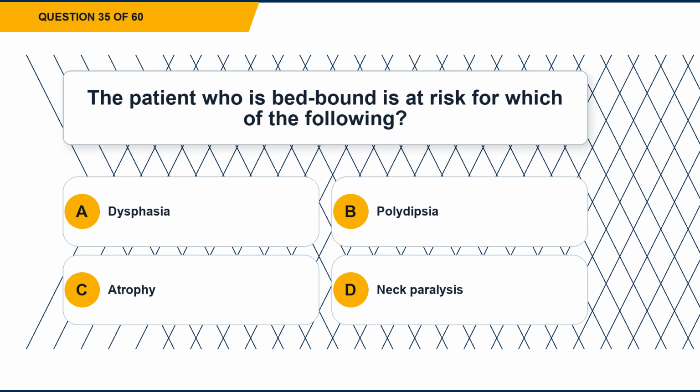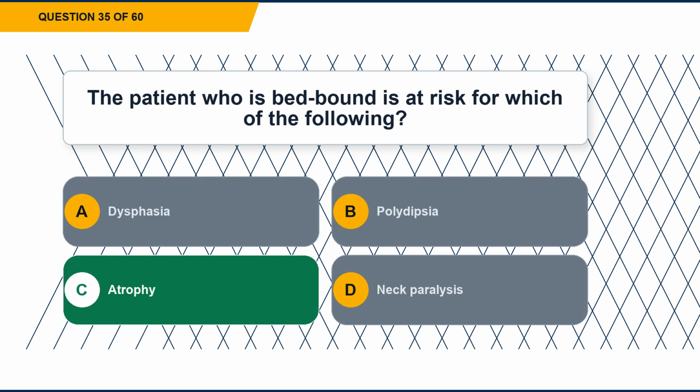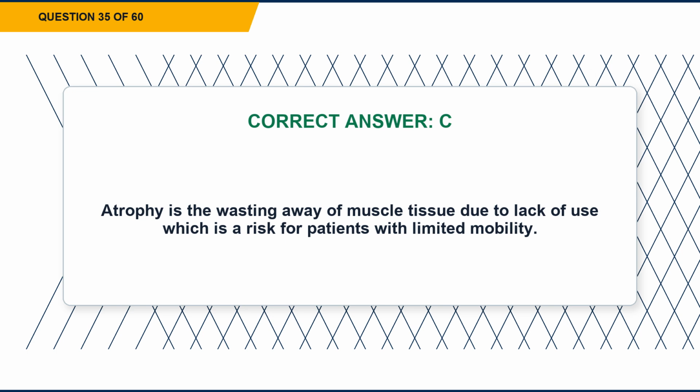Question 35. The patient who is bedbound is at risk for which of the following? Option A, dysphagia. Option B, polydipsia. Option C, atrophy. Option D, neck paralysis. The correct answer is option C, atrophy. Explanation: atrophy is the wasting away of muscle tissue due to lack of use, which is a risk for patients